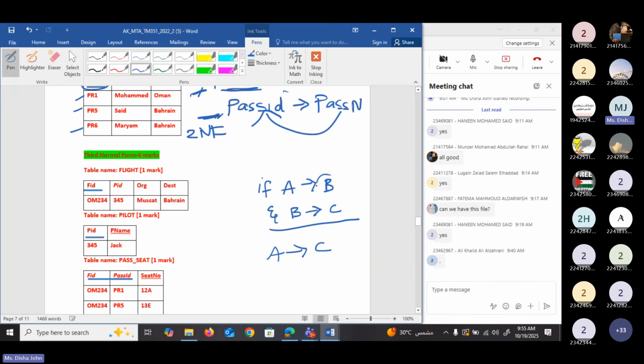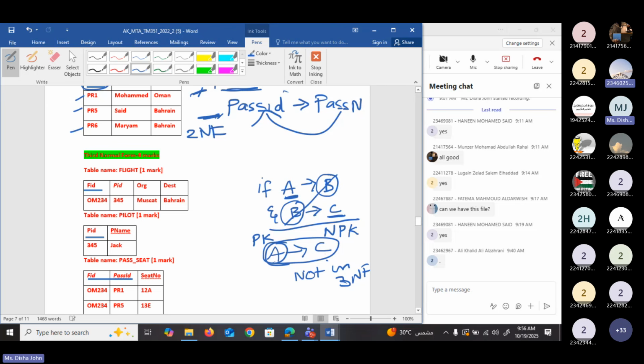Look, on the right hand side we have B, and on the left hand side we have B. They are common, so you cancel them, and what remains is A and C. This is the one that we are deriving, which means that C is transitively dependent on A. C is not directly dependent on A. If you can make such a transitive dependency, and consider A is the primary key and C is the non-primary key, that means if there is a transitive dependency between a primary key and a non-primary key, then the table is not in third normal form. Do you understand?